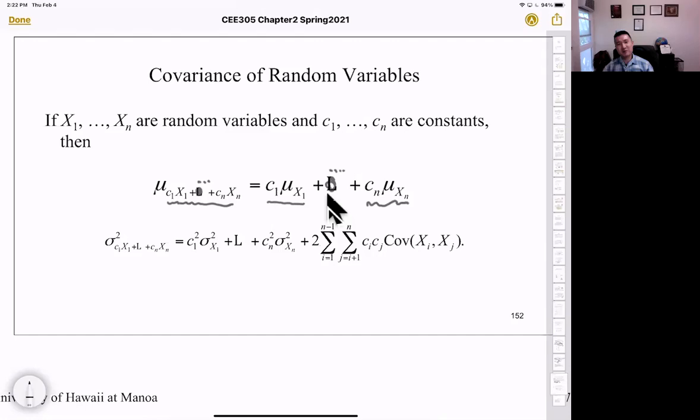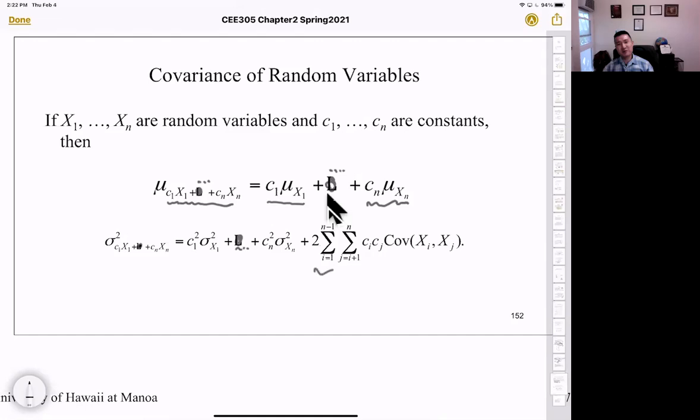The variance of c1 x1 plus ... plus cn xn is c1 squared sigma x1 squared plus ... plus cn squared sigma xn squared,